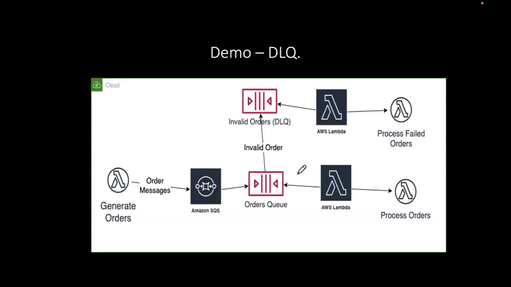Okay, anyway, so this is our scenario. We've got really a Lambda over here, which is really a test harness. It's generating a batch of orders. They're being sent to this particular queue, and we've got a Lambda on the right that's processing those orders. And then if we've got this kind of problem with the processing that's going on here, the faulty batch are sent to this queue here,